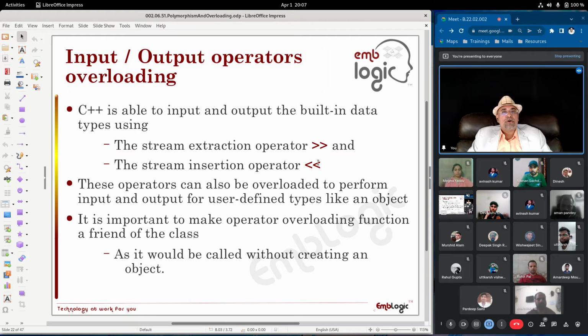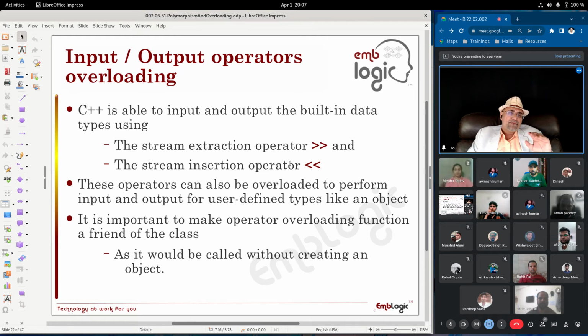So this operator is already overloaded and has two forms, isn't it? On the left hand side of this, if you have cin, or on the left hand side of this, if you have cout, object of istream class or object of ostream class, then the operator overloading function will be invoked.